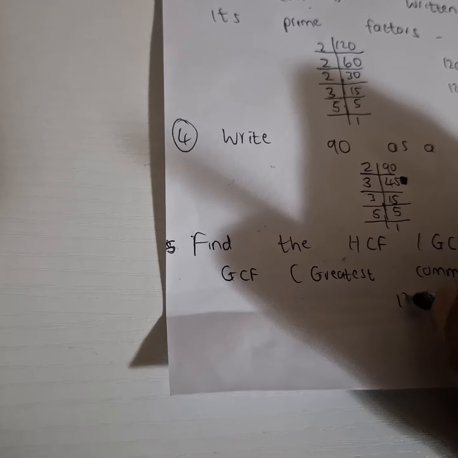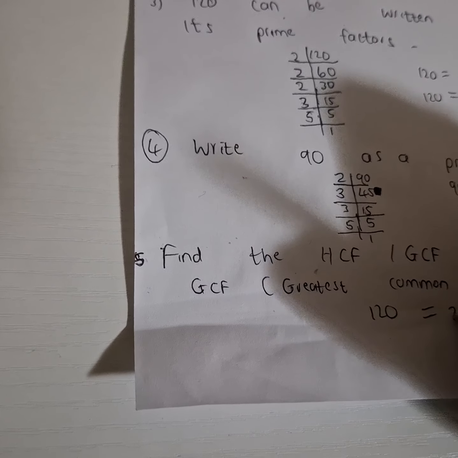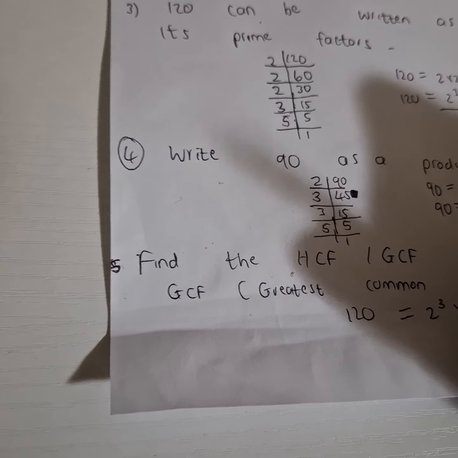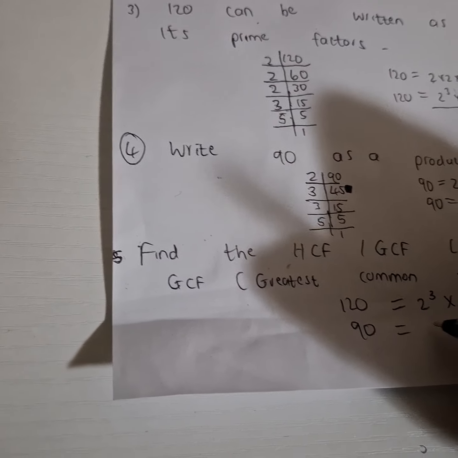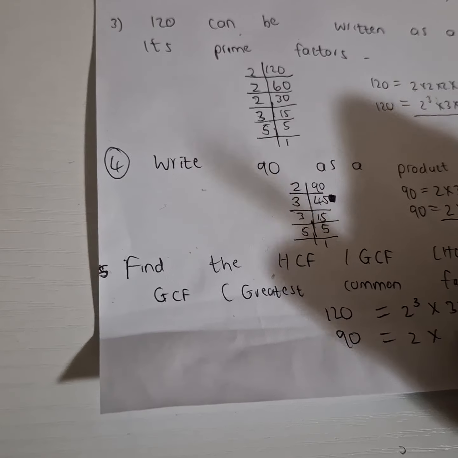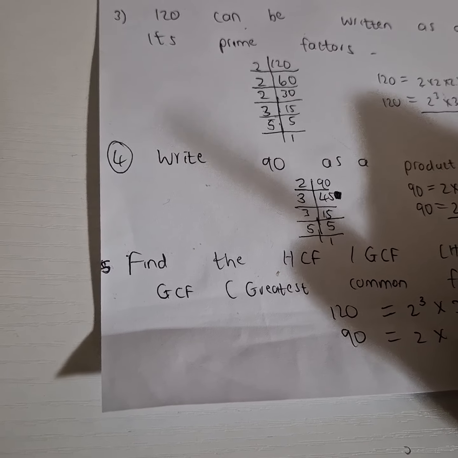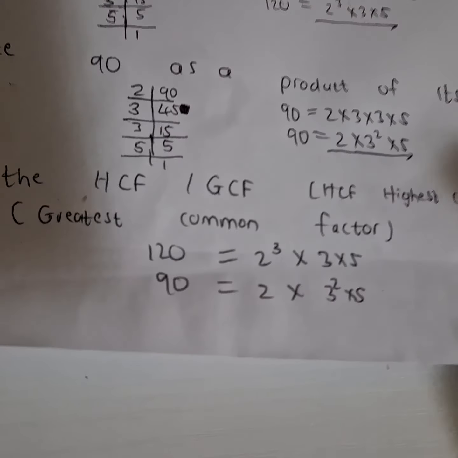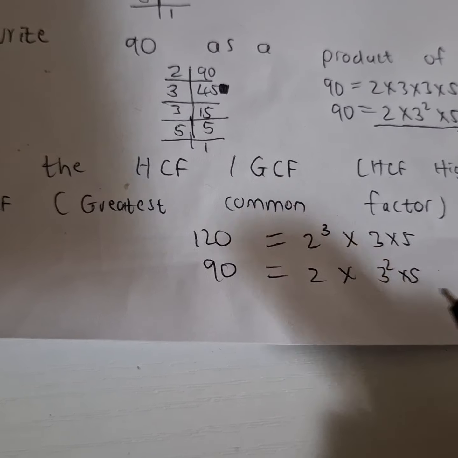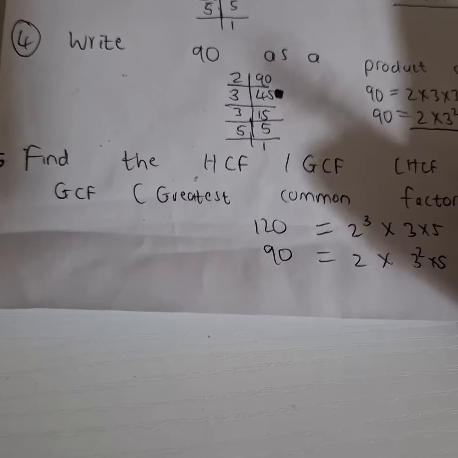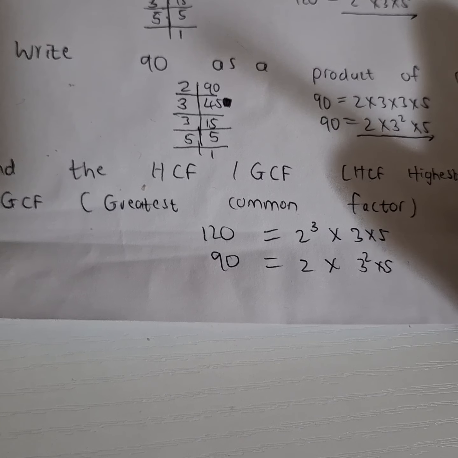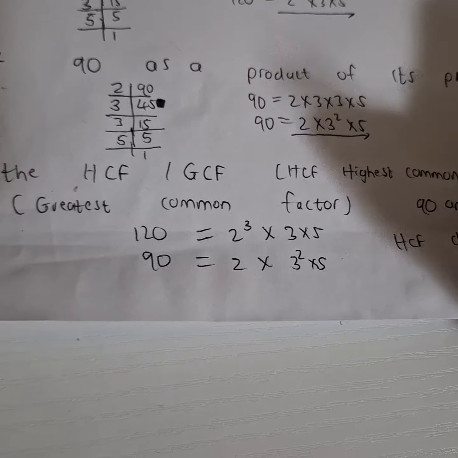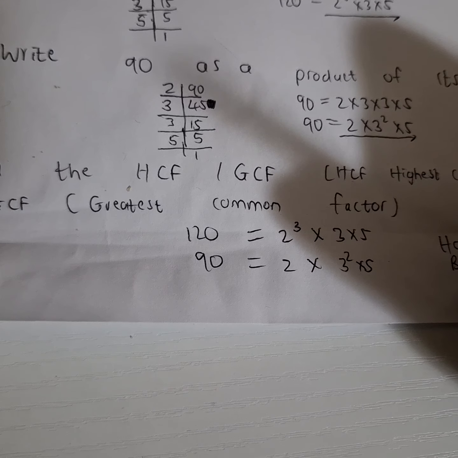What's beautiful is that when we have the product of prime factors for each number written in exponential form, we can first write down the product of prime factors. And remember, when we want the highest common factor, we choose the base